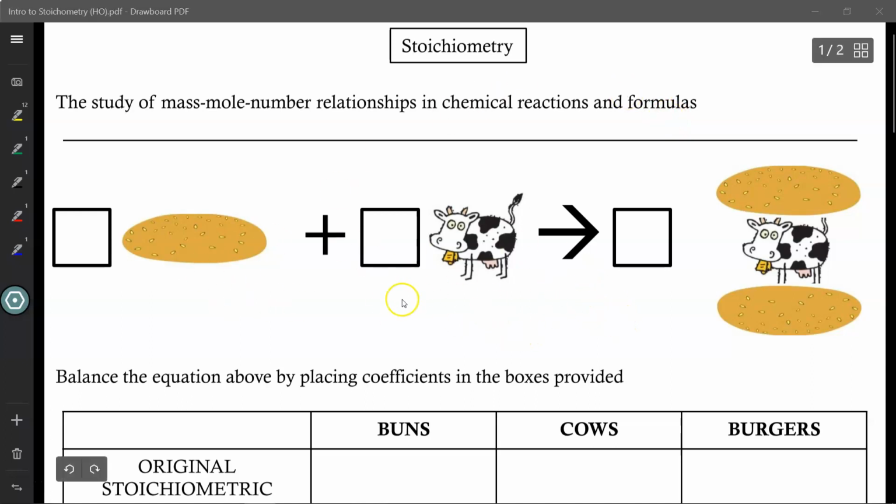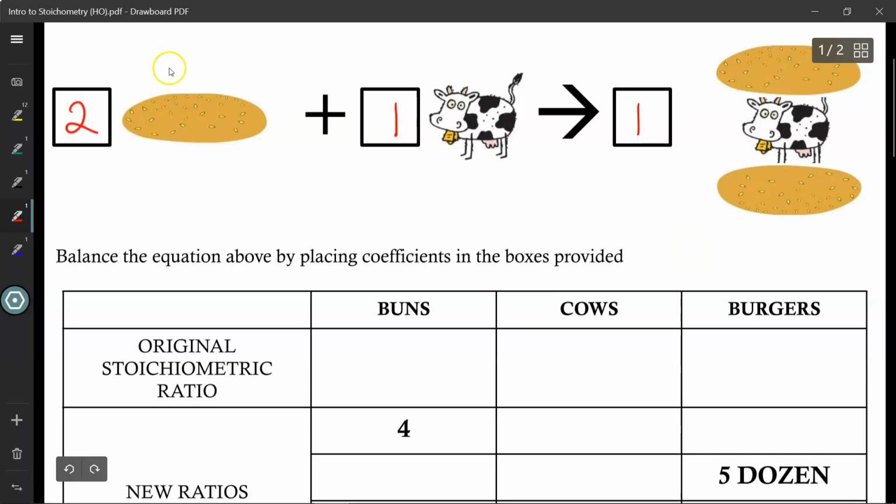This is my recipe for making a burger. You need a bun, you need a cow, and you'll make a burger. But you'll notice there's something missing from this recipe. It's not balanced. I actually need 2 buns for every 1 cow in order to make 1 burger. We refer to these values, these coefficients here, as a stoichiometric ratio. It's not good enough to just tell me what the ingredients are, you have to tell me the quantities involved